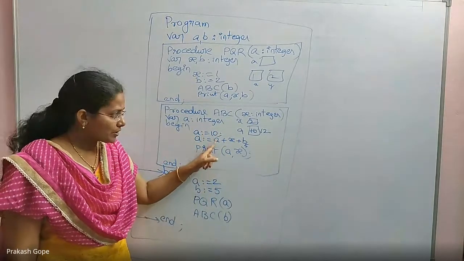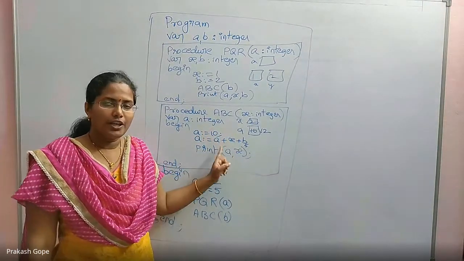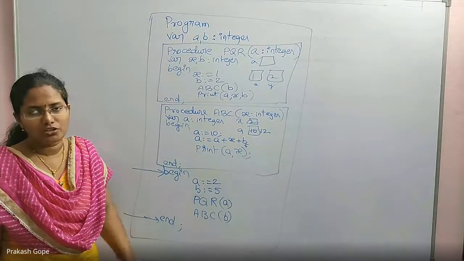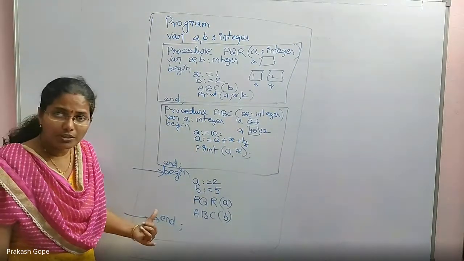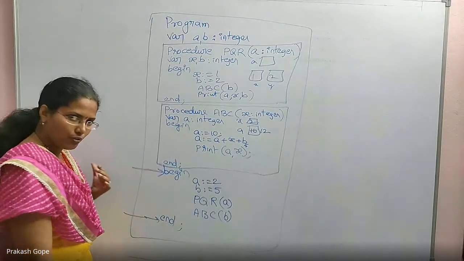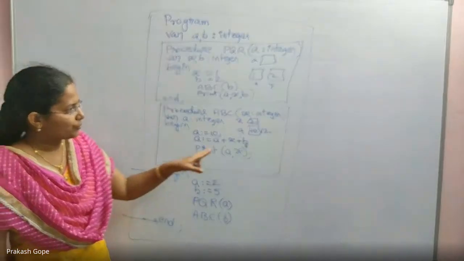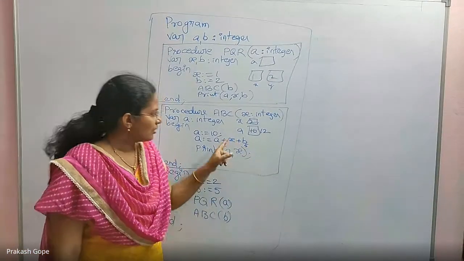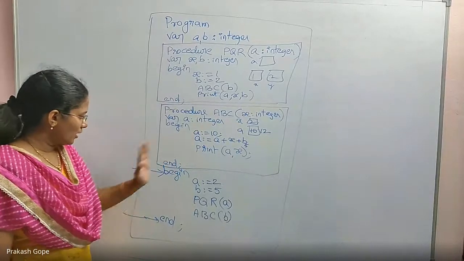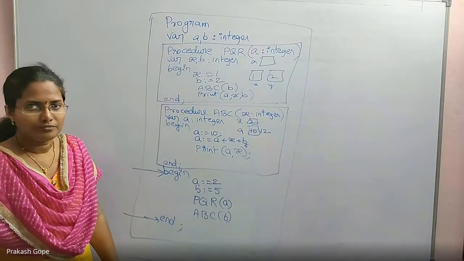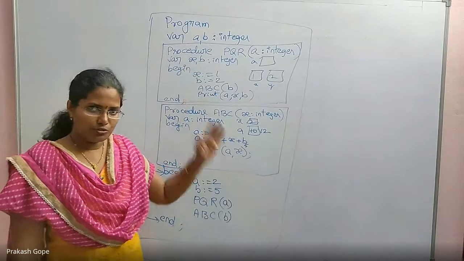If it is not locally declared, then you have to access the outer block's variable. This is what you need to remember. If it is not present there, you should go to its outer block. In this case, there is no outer block for that. For example, if you have used some C, say A plus X plus C, and C is not declared here or in the outer block, obviously it's a compilation error. So the program checks for all that.